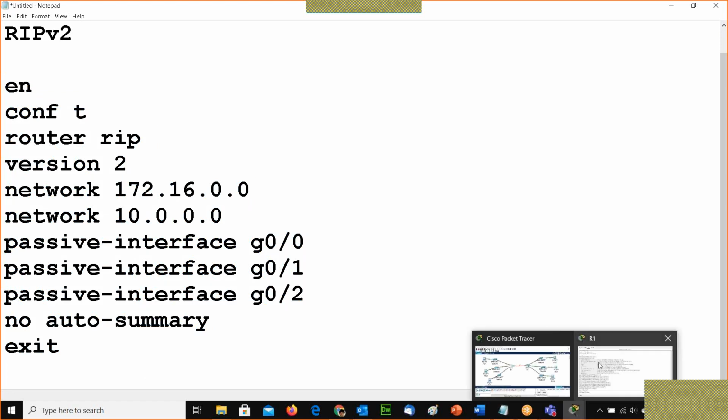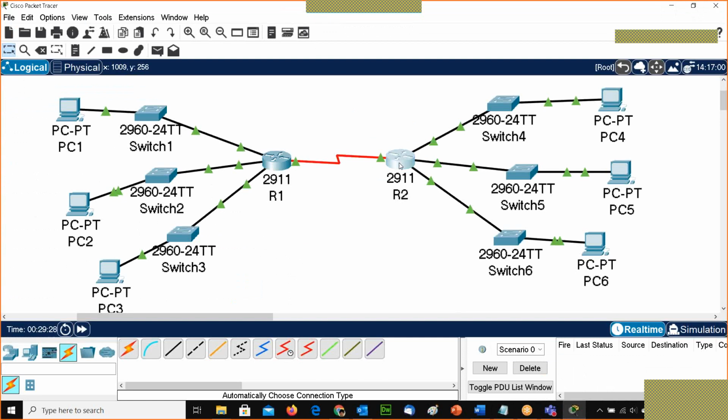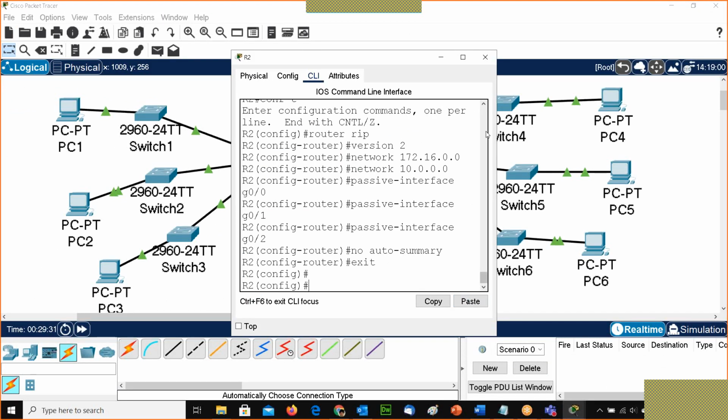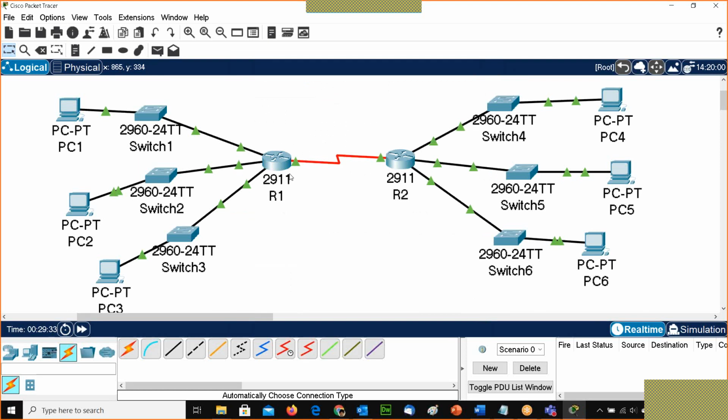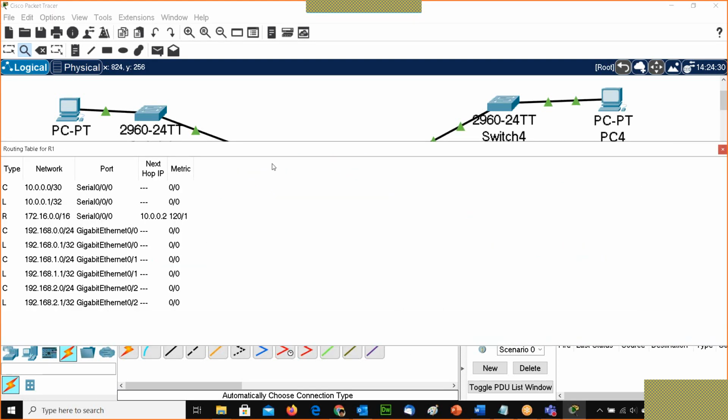So I am just going to router 2 and doing the configuration. Now you can see both the routers are configured with RIP. How do I know? I have to go to the routing table and click the routing table.